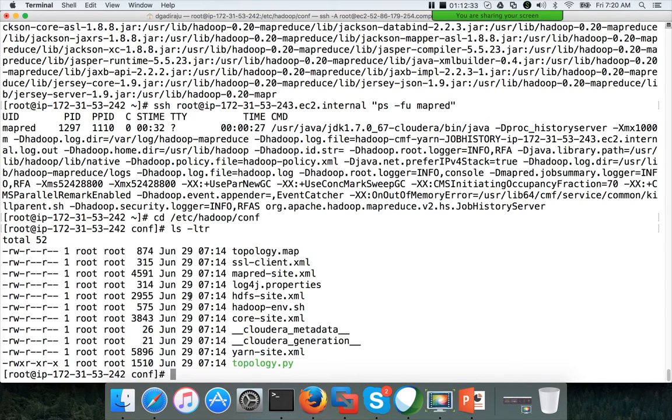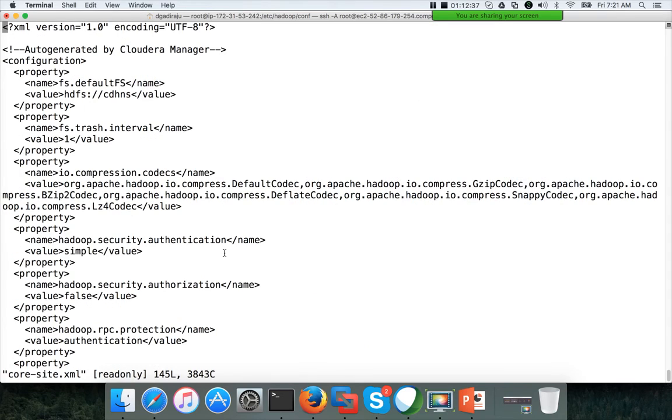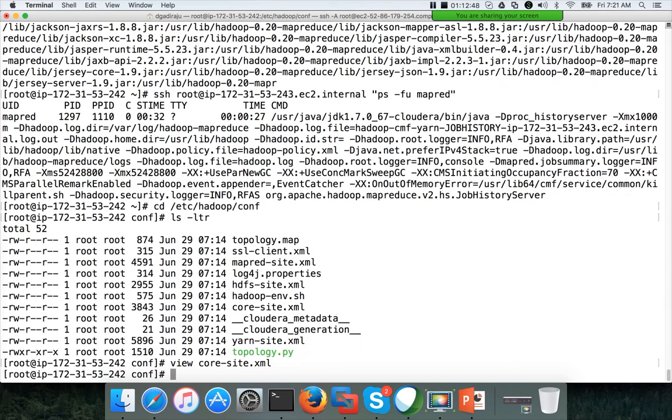If you look into this, it says auto generated by Cloudera Manager, and you should never modify these files. You should only do the configuration changes using the web interface, the configuration section of the relevant resource. Okay, so now to get the actual parameters, we have to log into one of the hosts.